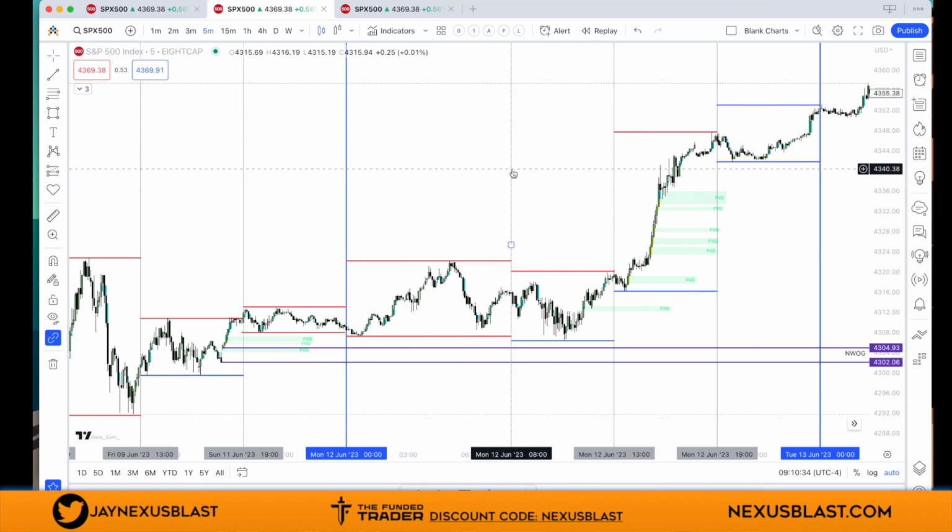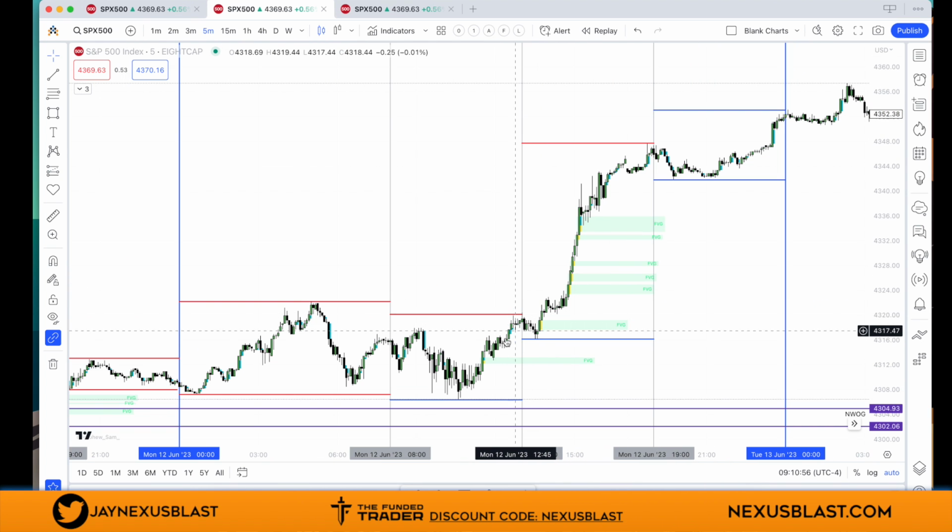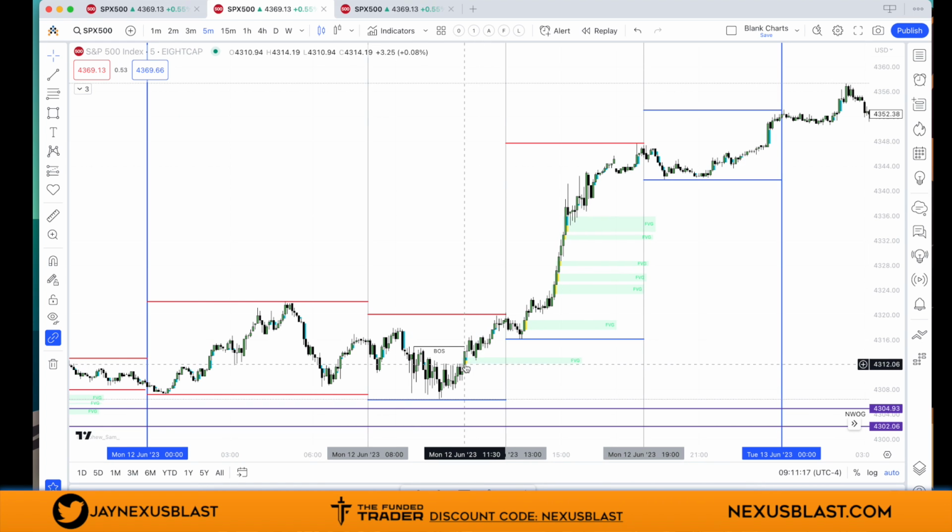your separators at the times that I gave you, and you draw up those liquidity pools, blue means it hasn't been tapped and red means that it has been tapped. The algorithm is going to look for those liquidity pools. So what you're trying to do is to wait for the blue line to get tapped into in your session, and then you look for a reversal, which consists of a break of structure with a fair value gap with strong displacement. And then once the fair value gap has been printed on a 5-minute candle,